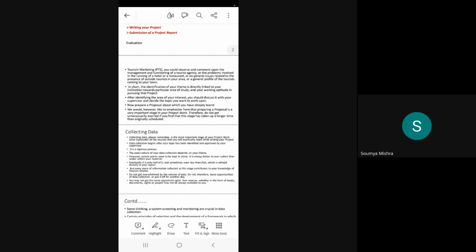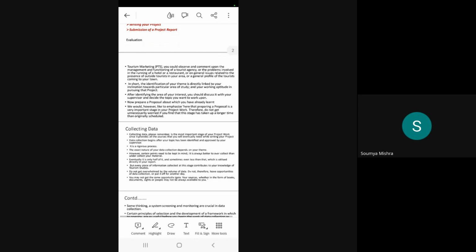It can be book chapters from edited books. It can also be chapters from books concerned with the topic. Then souvenirs and journals, magazines. So from wherever you collect information, you also have to acknowledge them. How would you acknowledge that? You would acknowledge it in the reference, which we'll discuss later on.